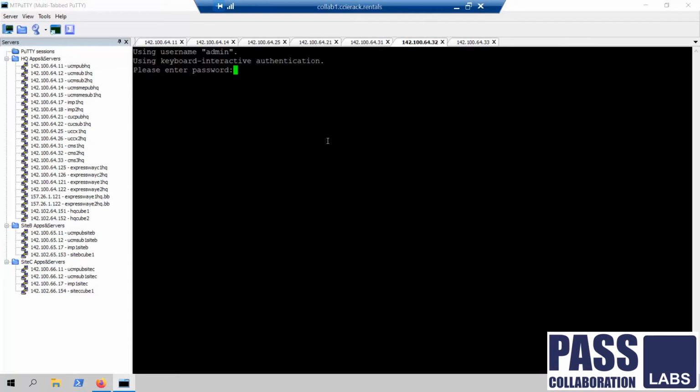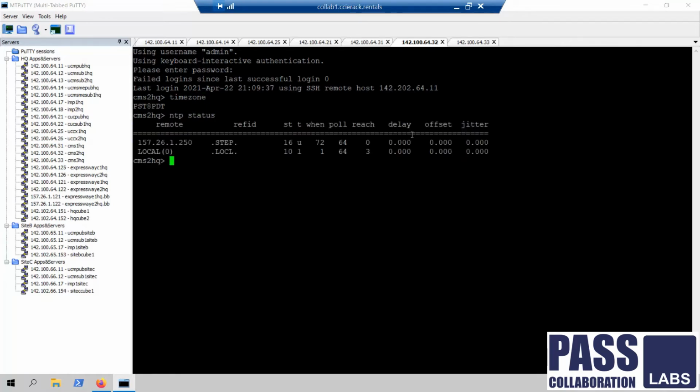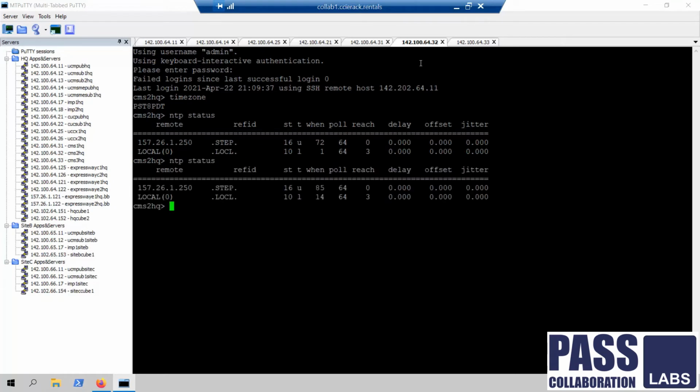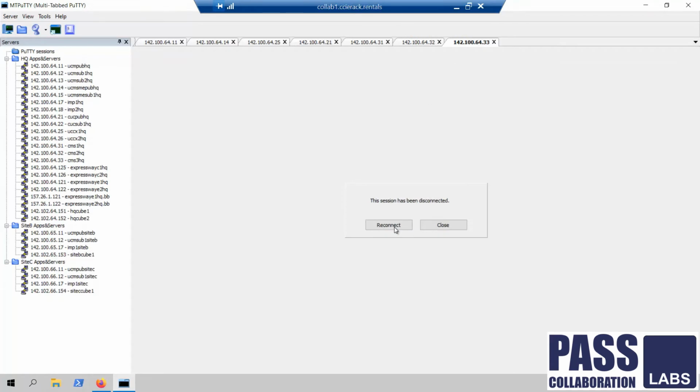Same verification on CMS2. Time zone looks good. Even NTP is not synced over here, so we would follow the same steps again. You guys can face this issue in the real exam as well, so be careful. We'll just come back later on to validate this.